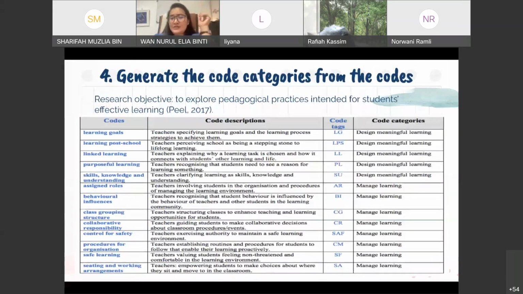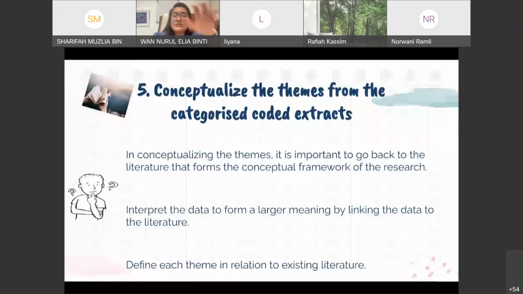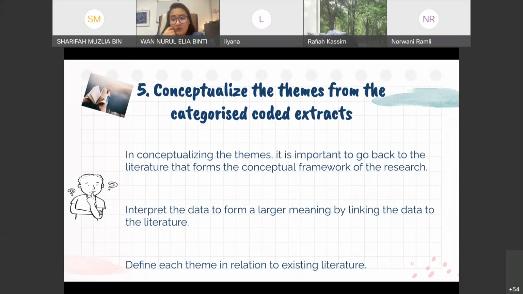You must already have some idea of how your conceptual framework looks. So in conceptualizing those themes, you go back to your conceptual framework and you interpret the data to form a larger meaning by linking the data to the literature. And then you define each theme in relation to existing literature.